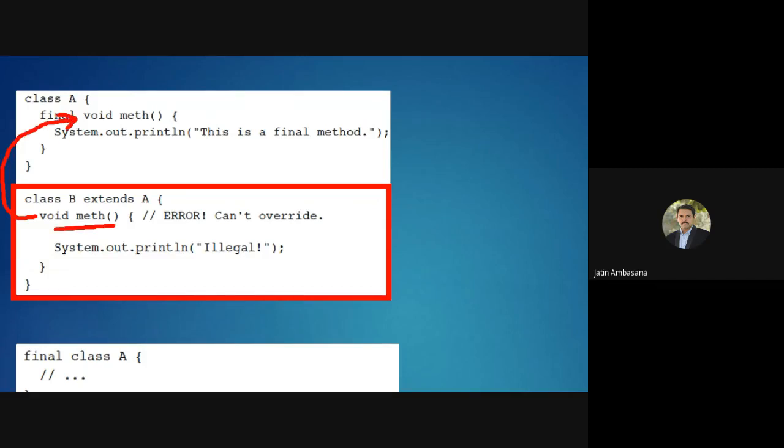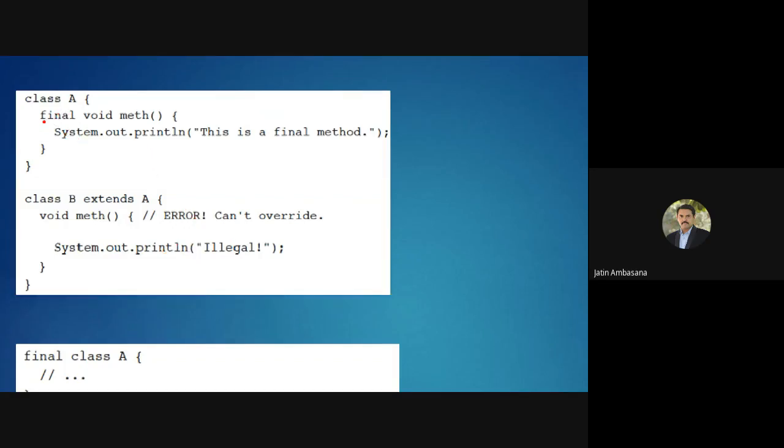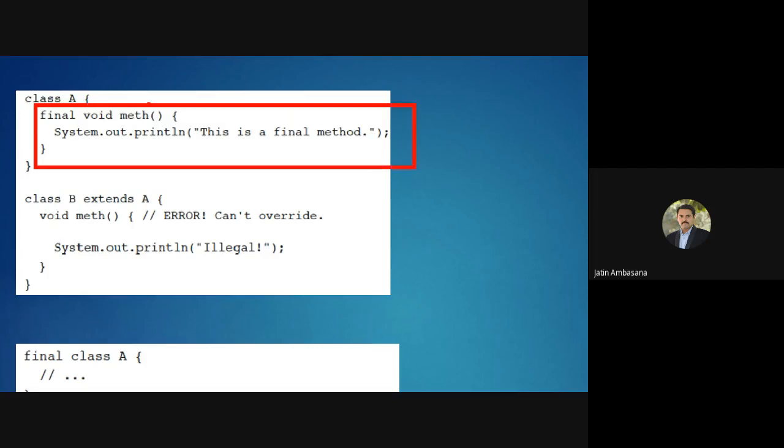So that is exactly the same signature. In fact, you are trying to override the parent class method, but that is not allowed. That will give you an error. Why? Because this method is declared as final. You cannot override it. So this code is invalid in class B.